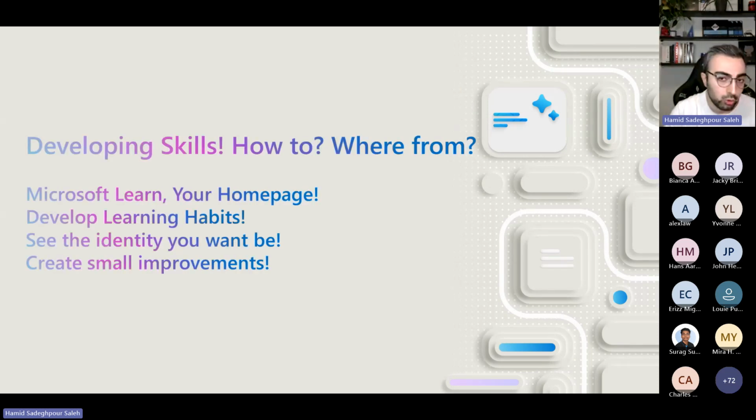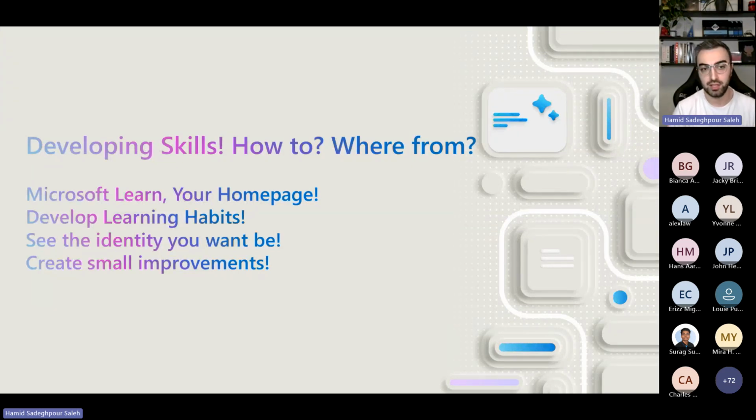Developing skills. So how to, where from? I remember from previous slides, I just translated it into the next level in this slide. In the previous slide, it was where I was, what I was doing previously, what I want to do, where am I now. But now I want to share something that you can just start from now. It is again because I've experienced it. That's the reason why I'm calling it a golden session. I experienced it, and I think that might help you